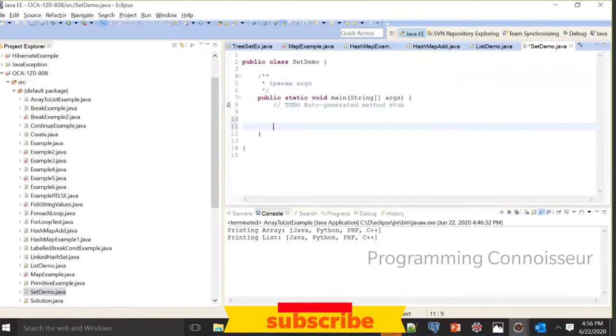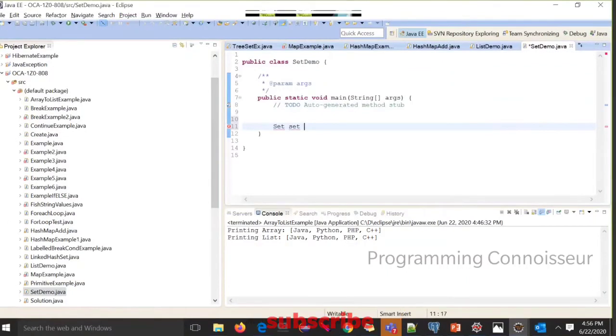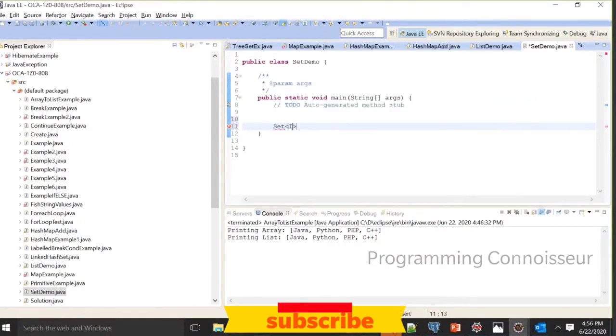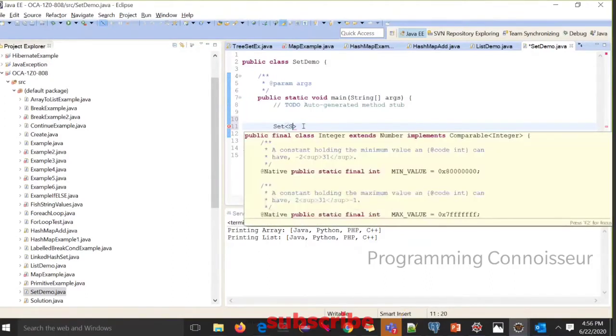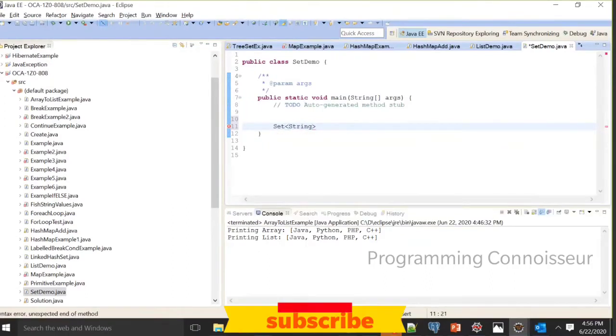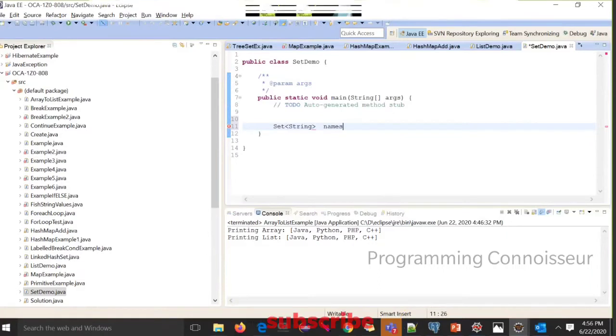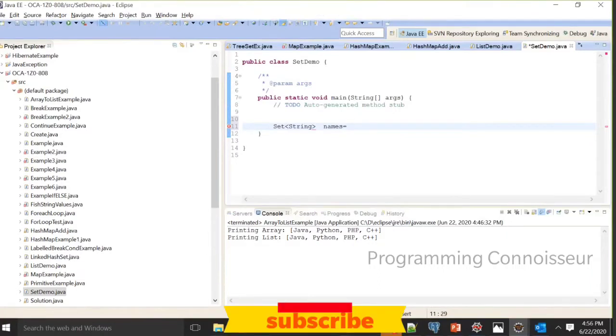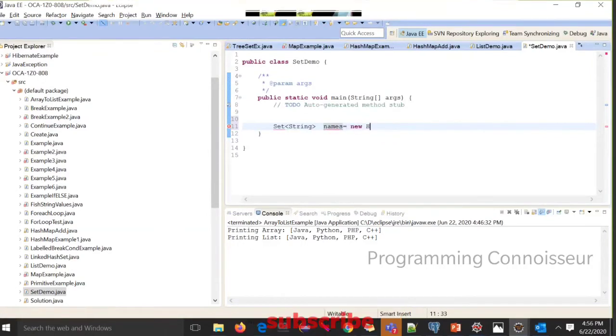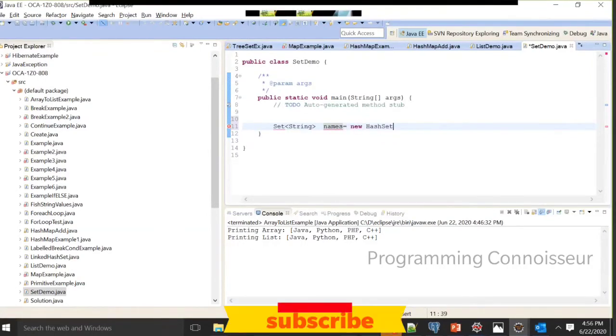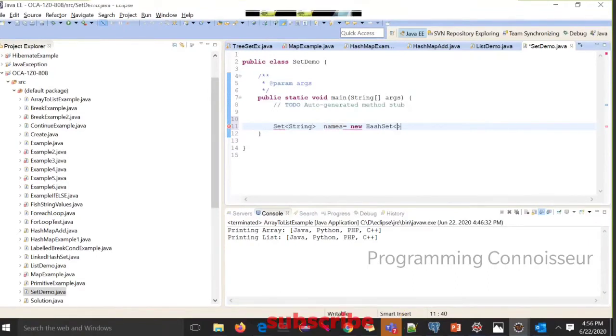As I told you earlier, set of integers. So this time we will say set of strings. We have already taken integers. So this time we'll say names is equal to, so again we have created an object. We need to create an instance for it. How will we create an instance? Using the new keyword.